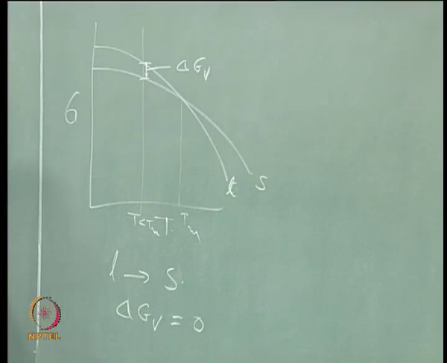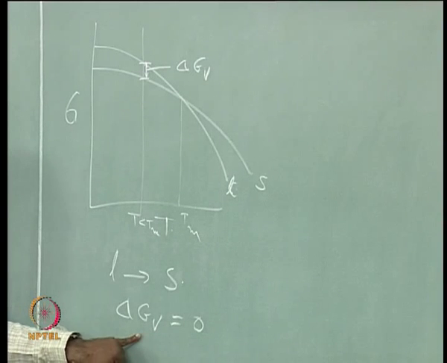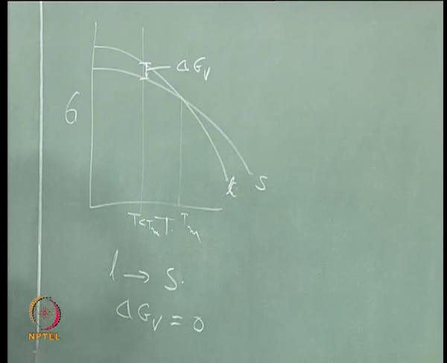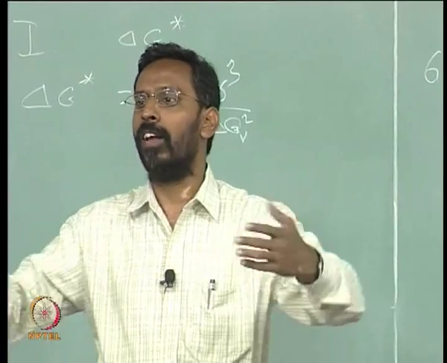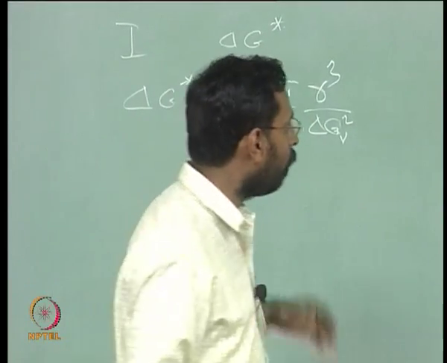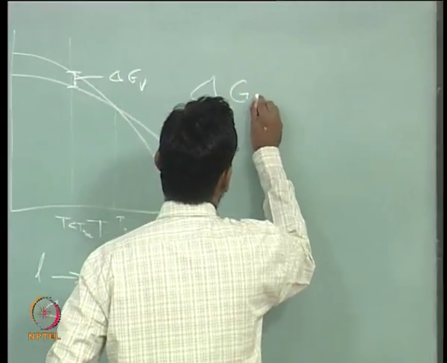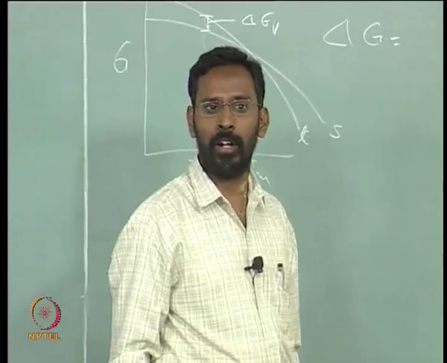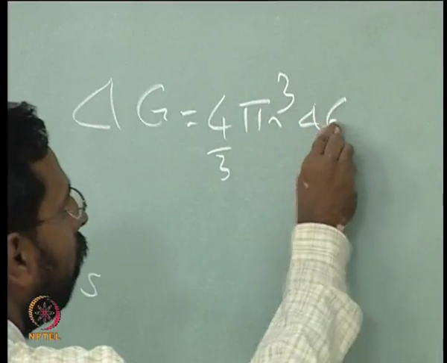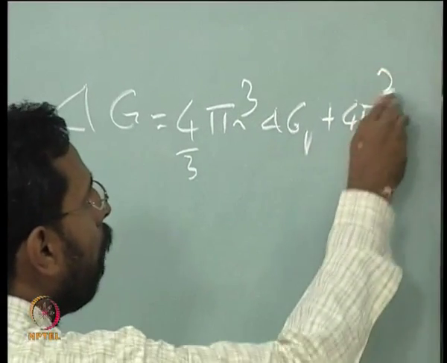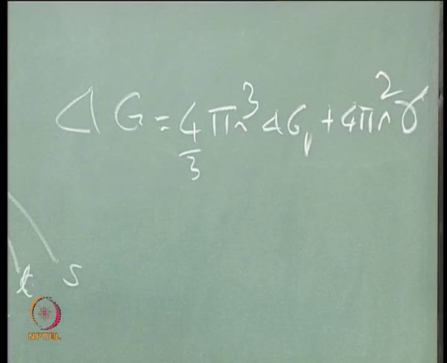But usually because such surfaces are not available, you need a higher undercooling, one to give you a driving force, second to take care of the surface energy problem. If you have certain driving force that is available, part of this driving force can be spent to create the surface, so that the surface energy problem can be taken care of. So, that is why we always write this expression delta G, which is the overall change in free energy for liquid to solid transformation, is given by 4 third pi r cube into delta G V plus 4 pi r square into gamma. Remember, assuming that gamma is 0,